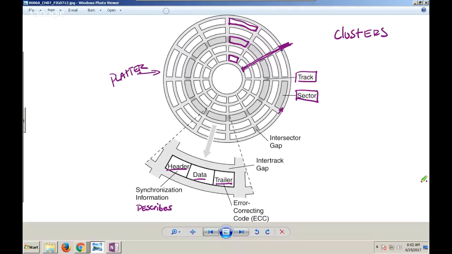So the other component that we need to know here now is there are a couple of gaps. Okay, notice in between each sector, we have these gaps, and then in between each track, we have these gaps. Okay, why do you guys think we have gaps in between them? Why don't we be really efficient and just make them touch each other? Why do we put gaps? Data might leak over to whatever it's touching. Yes. In fact, that has become the enemy of high density drives.